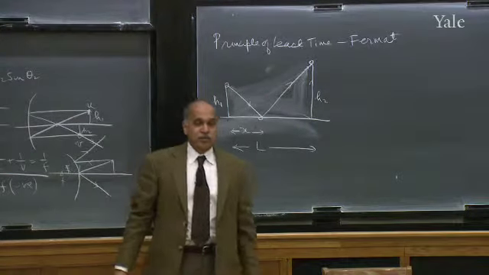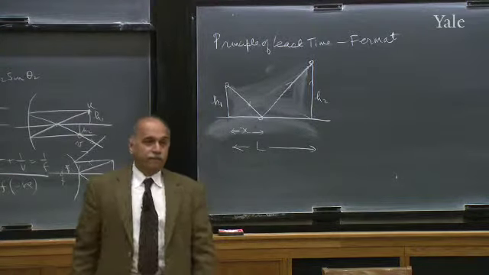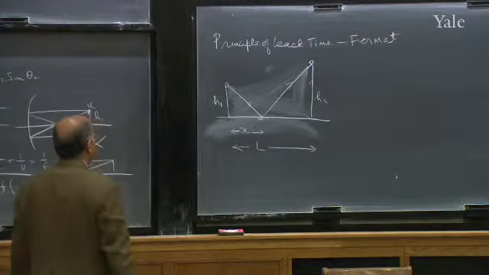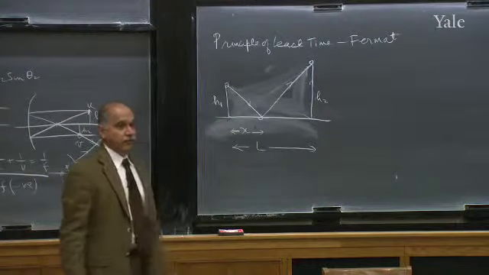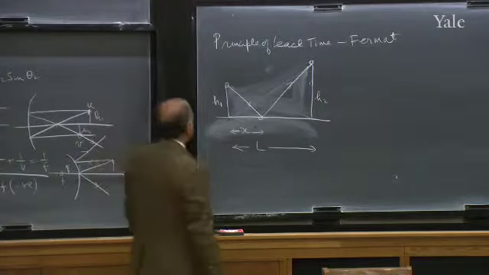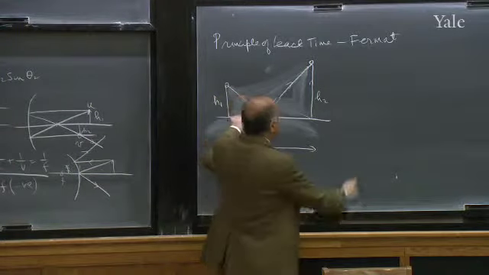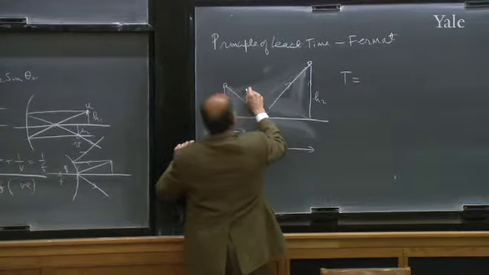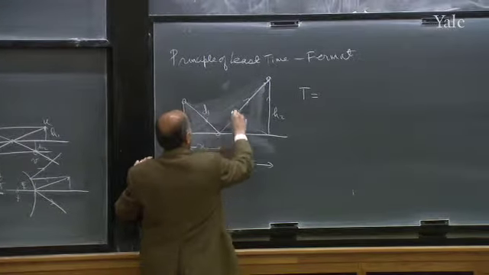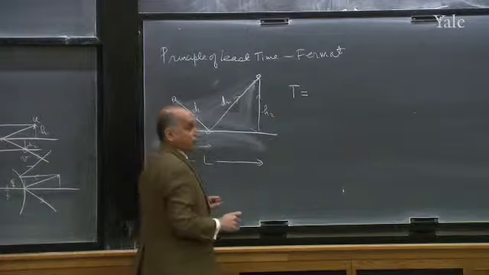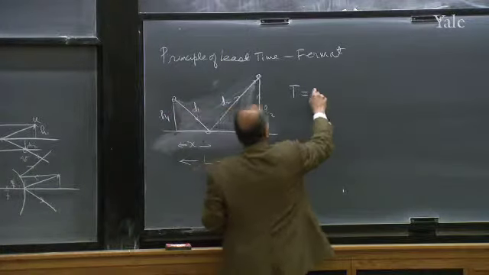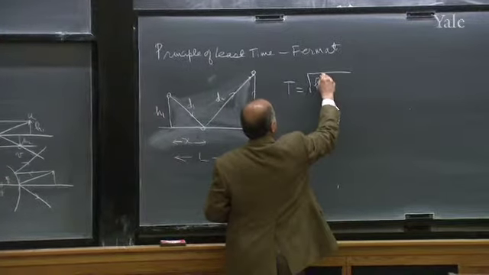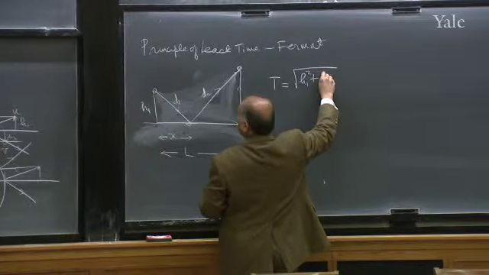So what I will do is I'll simply calculate the time, then find the x for which the time is minimum. So what's the time taken for the first segment? So let's find the total time. It will be the distance d1 divided by the velocity of light plus distance d2 divided by the velocity of light. d1, you can see, is square root of h1 square plus x square